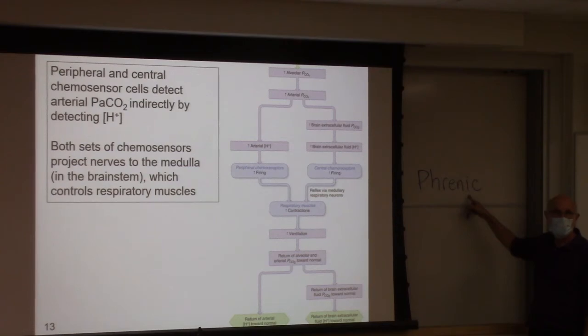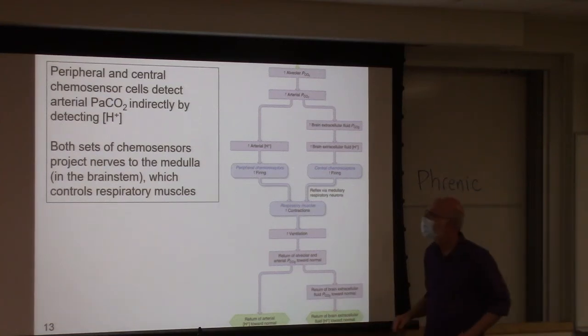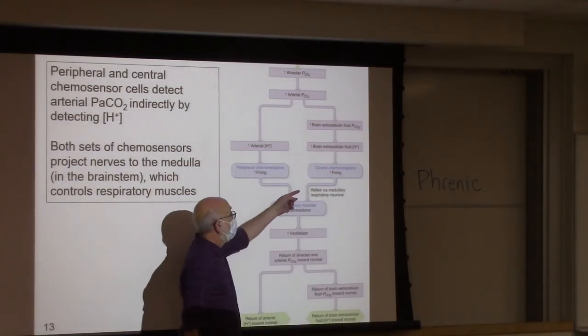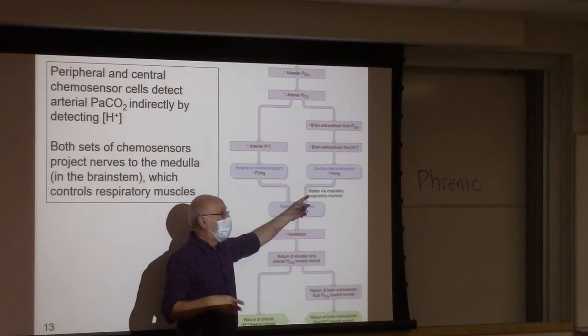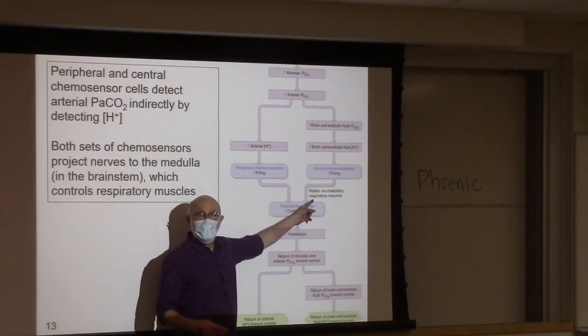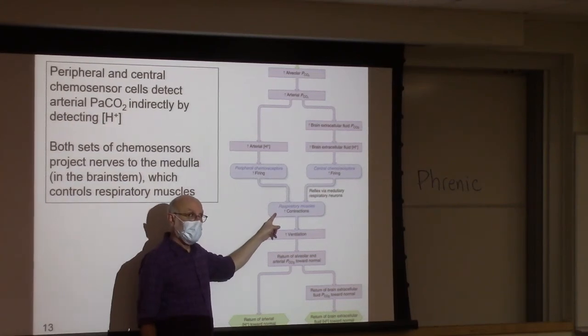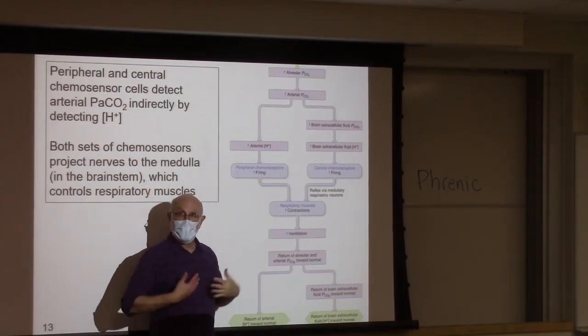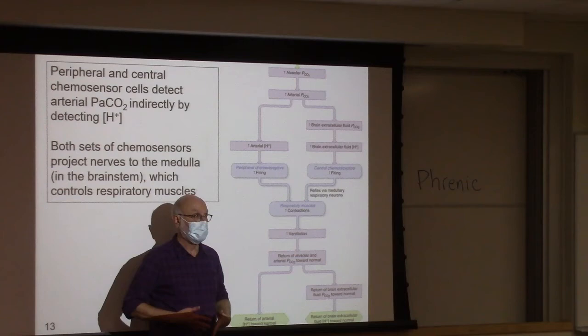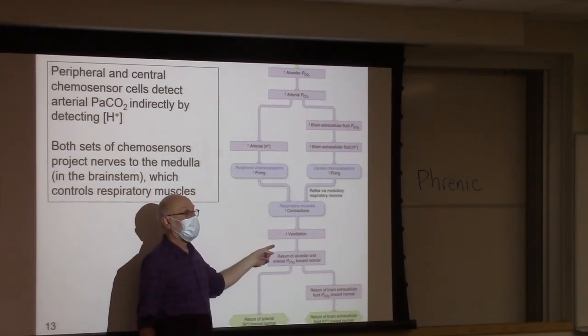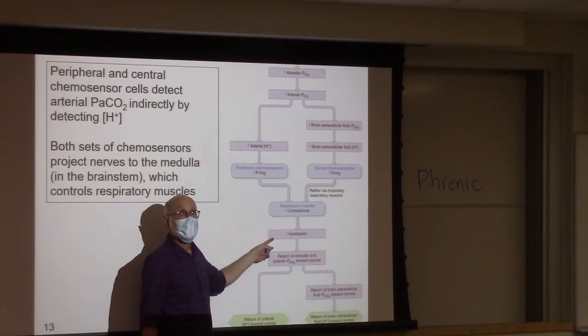P-H-R-E-N-I-C. Controls the diaphragm. So, the medulla, increasing action potentials in the phrenic nerve, increasing the strength and the frequency of contractions of the diaphragm, increasing ventilation,